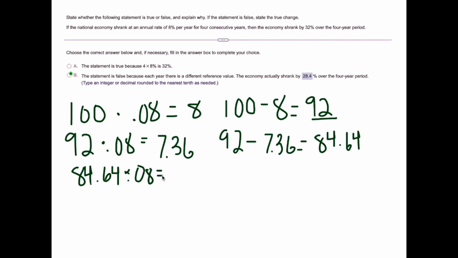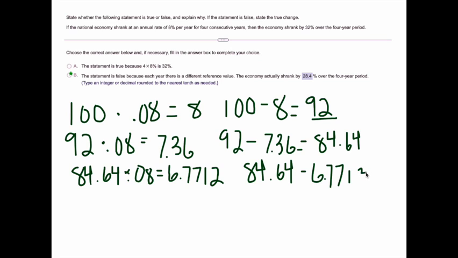Okay, so if I find 84.64 times 0.08, that's 6.7712. So then I have to take 84.64 and subtract 6.7712. So at the end of the third year, we're going to get,